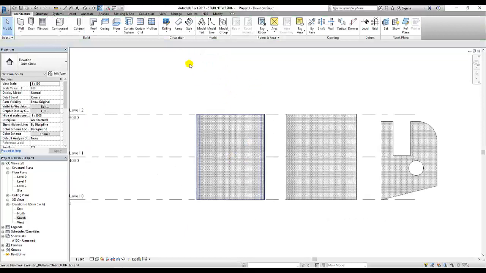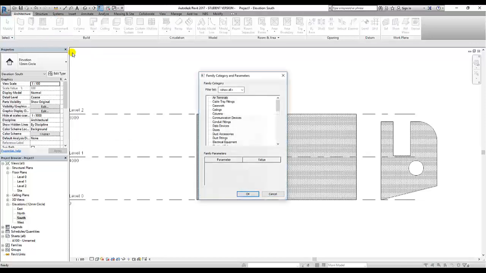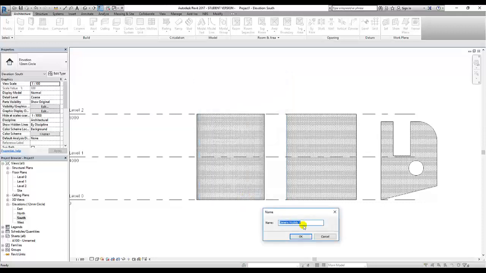And now we're going to create a component model in place. This is going to be a generic model that we can then use as a void object. So click on model in place. We'll go down to our options, which are generic models. These are categories, and the only one that's significantly different is the mass, which behaves slightly differently. And I'll say OK, and I'll call this